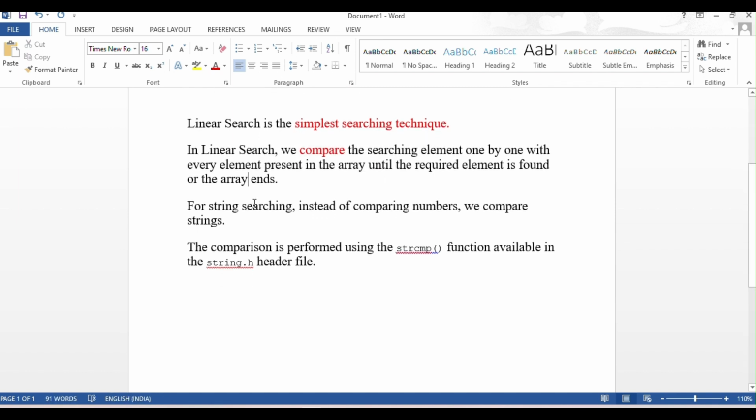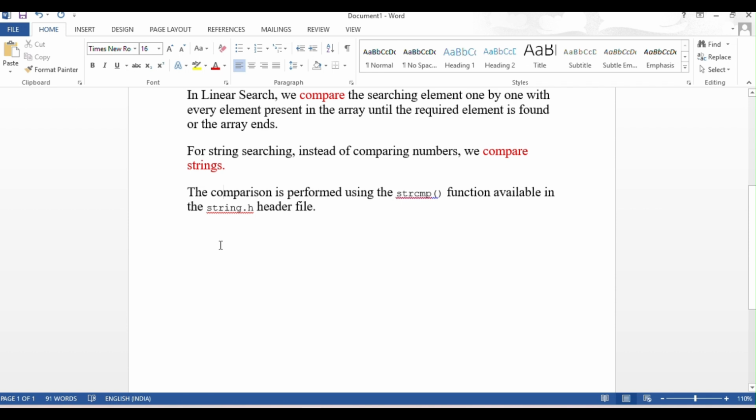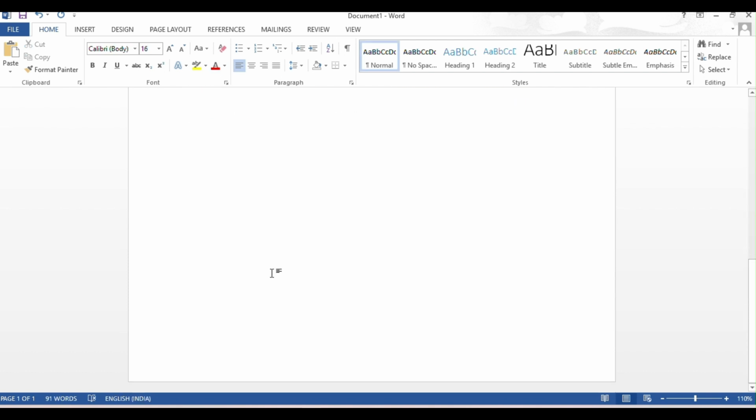For string searching, instead of comparing a number, we compare a string. So in string comparison, we compare two strings, and for comparing the strings we use the strcmp string function. It is available in the string.h header file. So now the example is that